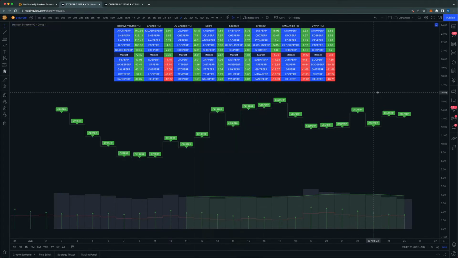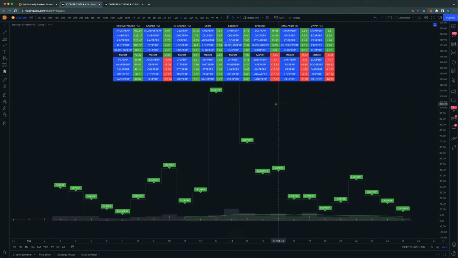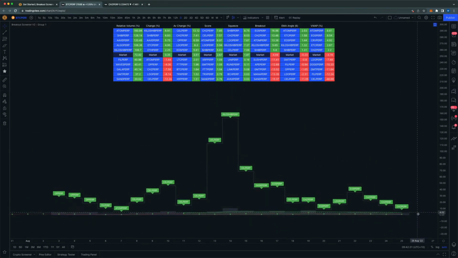Okay, let's pop it down to the score. Now, every pair receives a score based on its average change and the amount of relative volume flowing in. And we can see that currently CHZ is on top with the best score. It has also had a great change today, but we've given it the top score based on the fact that it has a very strong average volume, and it has also had a strong relative volume pump today. Whereas CEL, who's received the second score, has the highest average change, but it actually hasn't received a